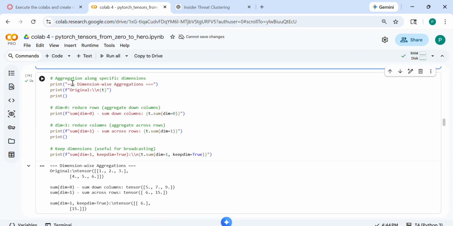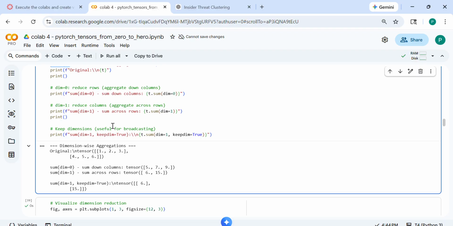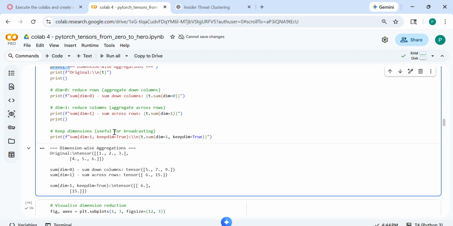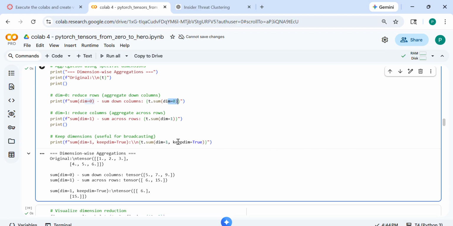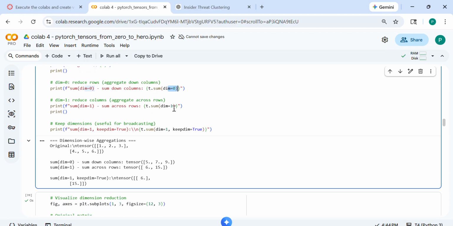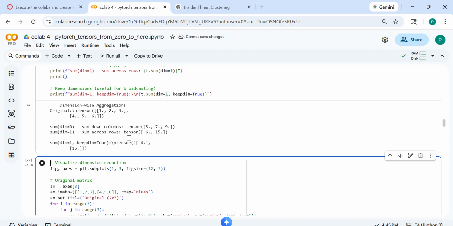Let's move forward. Next is aggregation along a specific dimension. If we want to aggregate down any column or across any rows, we can do the same using the aggregation function by passing this argument. In the sum we will pass the dimensionality as 0, so it will aggregate down the rows, and if we pass it as 1, it will aggregate across the columns. So to reduce the rows we pass 0, to reduce the columns we pass 1. I'll just run it, and we can see